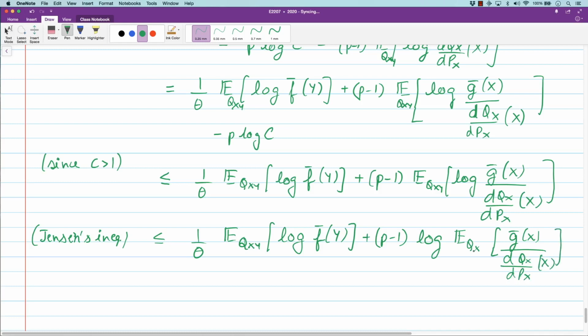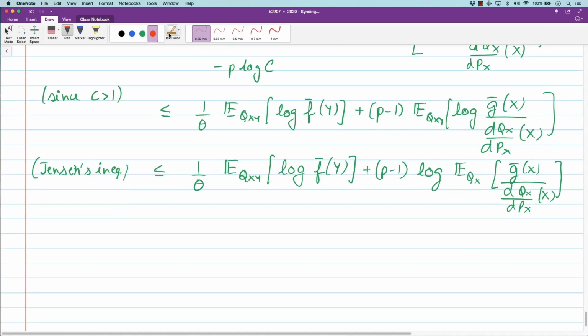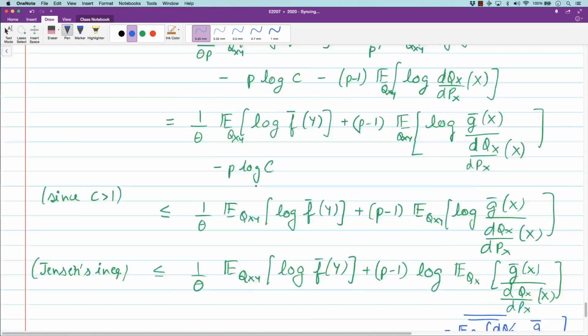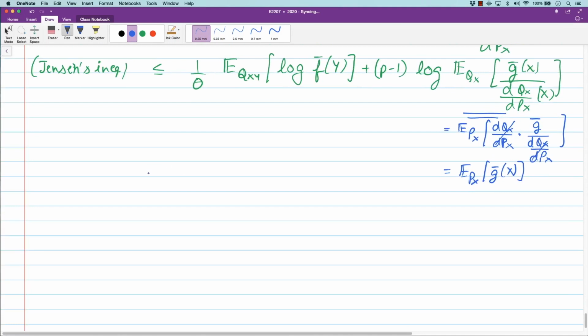But this expectation can be written as, so now let's look at just this part here. This can be written as the expected value over px of d qx by d px into g bar divided by d qx by d px. You can do this where d qx by d px is positive almost surely, so this cancels. So this is only the expected value over px of g bar x. And what do we know about that? Well, the way we have normalized f bar, this is 1. So this thing is 1, and therefore this is log of 1, which is 0. So this is exactly equal to 1 by theta